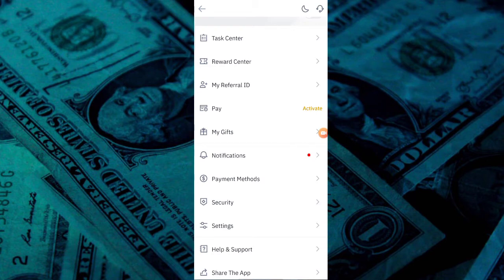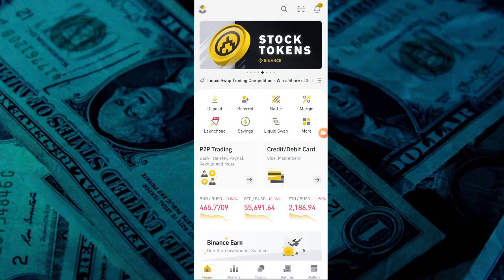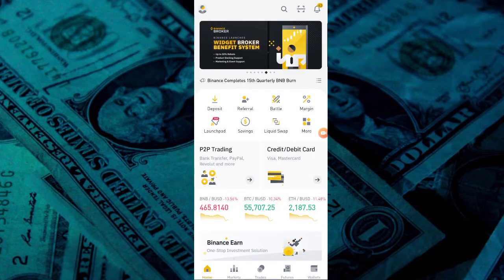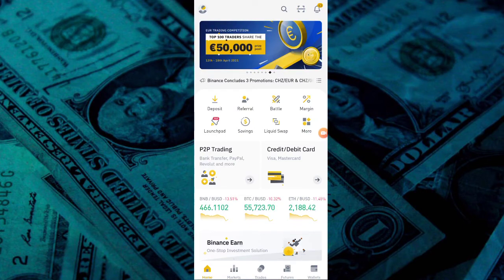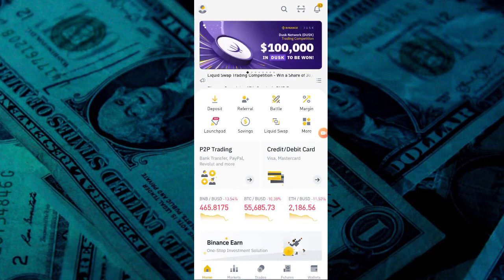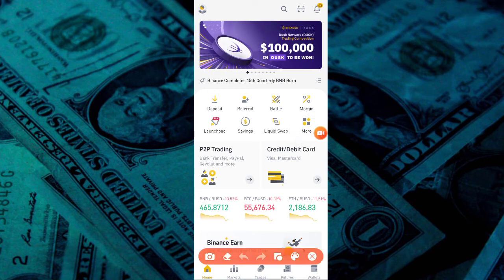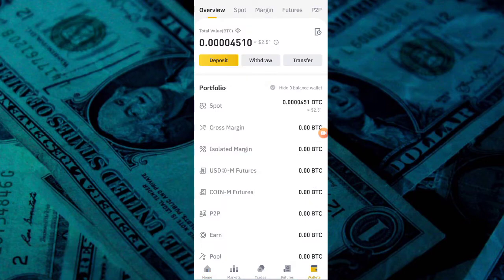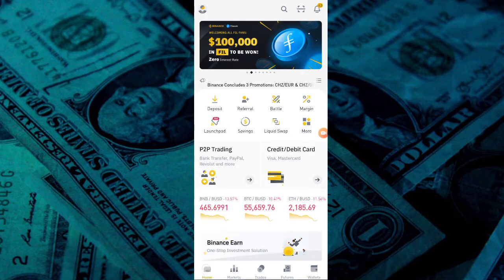You can also add your mobile number in your Binance account, but it is not necessary, so you can skip it also. Okay, now I tell you how you can deposit USDT from Lucky Part Time to your Binance account. Now I tell you how you can deposit your USDT. Click on wallet. Simply click on wallet and click on deposit.